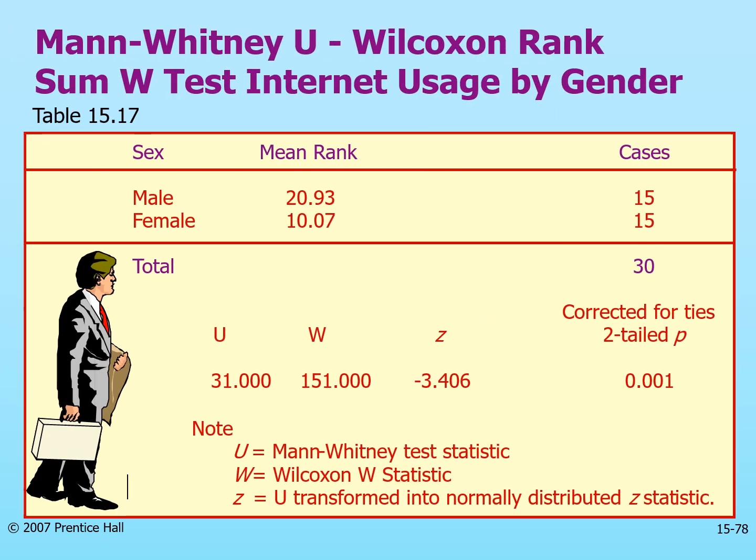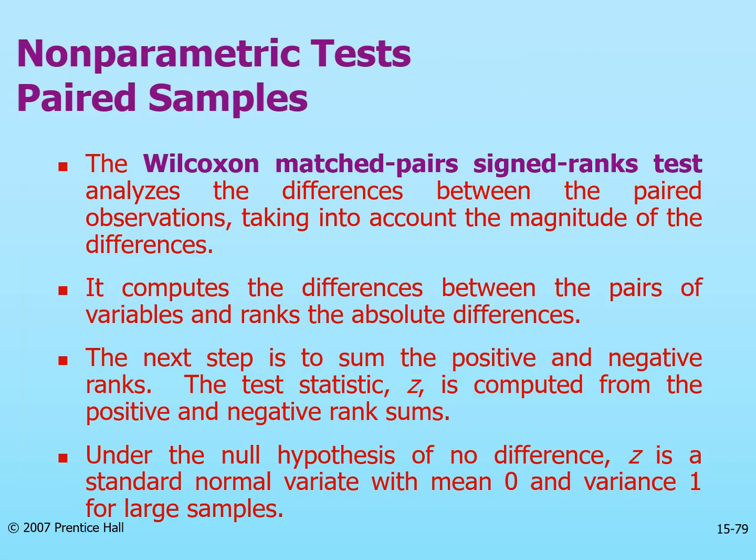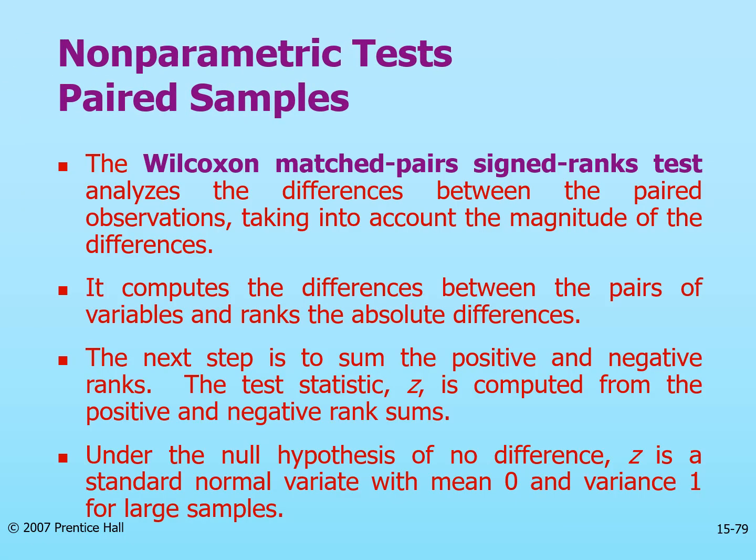So male, female, the F value is given, the U, W value is being given, Z and the significance value. U means the Mann-Whitney test statistic, W means the Wilcoxon test, which can also be done by us, and the Z is equal to U transformed. Now the Wilcoxon test, there I have given the region, but here we can say Wilcoxon matched